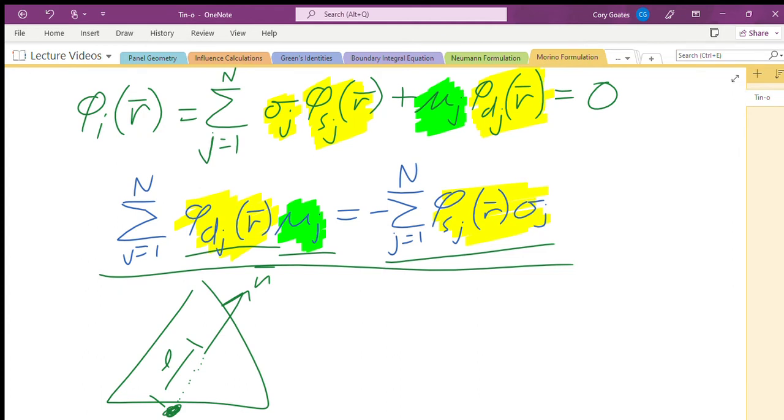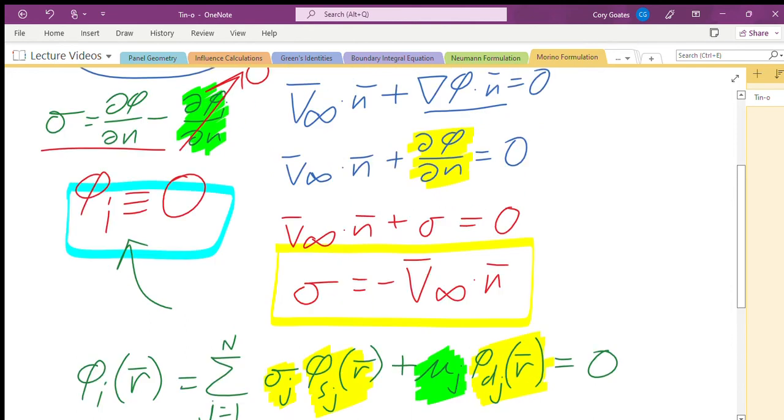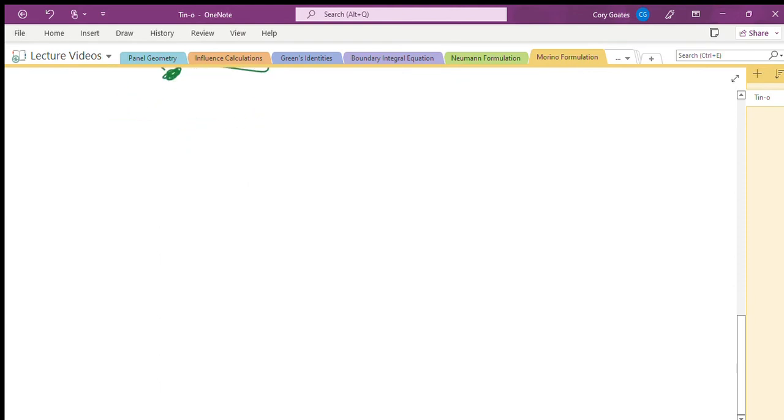We want to figure out the doublet strengths that will cancel out those induced potentials, because we want our inner potential to be everywhere 0. So this will turn into a matrix equation of the form